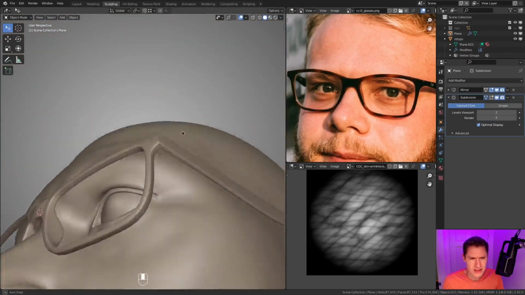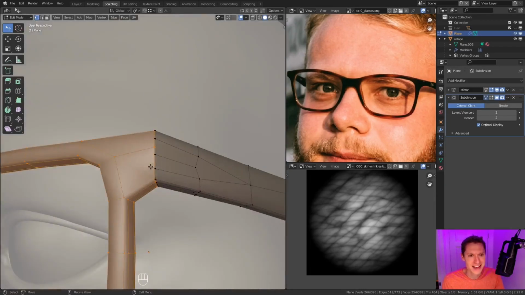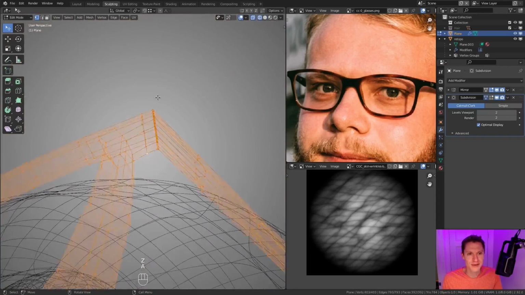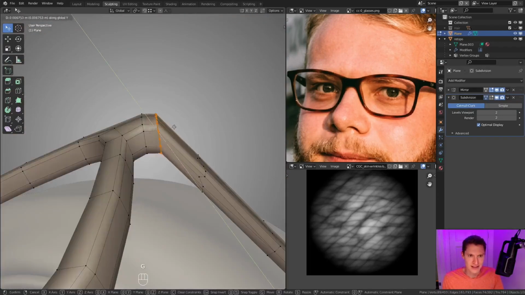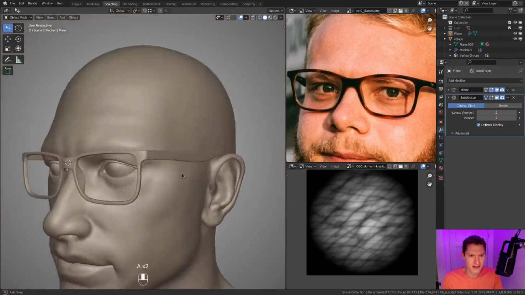Oh. But that's like a razor edge right here. I don't think that's how it's supposed to be. Let's see. All right, I'm cutting a new edge loop, and then I'm going to hit E, which will make it align to one edge or the other. And if you want to switch to the other one, you can hit F. All right, you see how it's parallel to one side or the other? So I want it to be parallel to the right side. All right, and this is where we're going to be able to kind of round over the corner so it's not so sharp. There we go. Let's see if that's enough. Yeah, that's more like it.